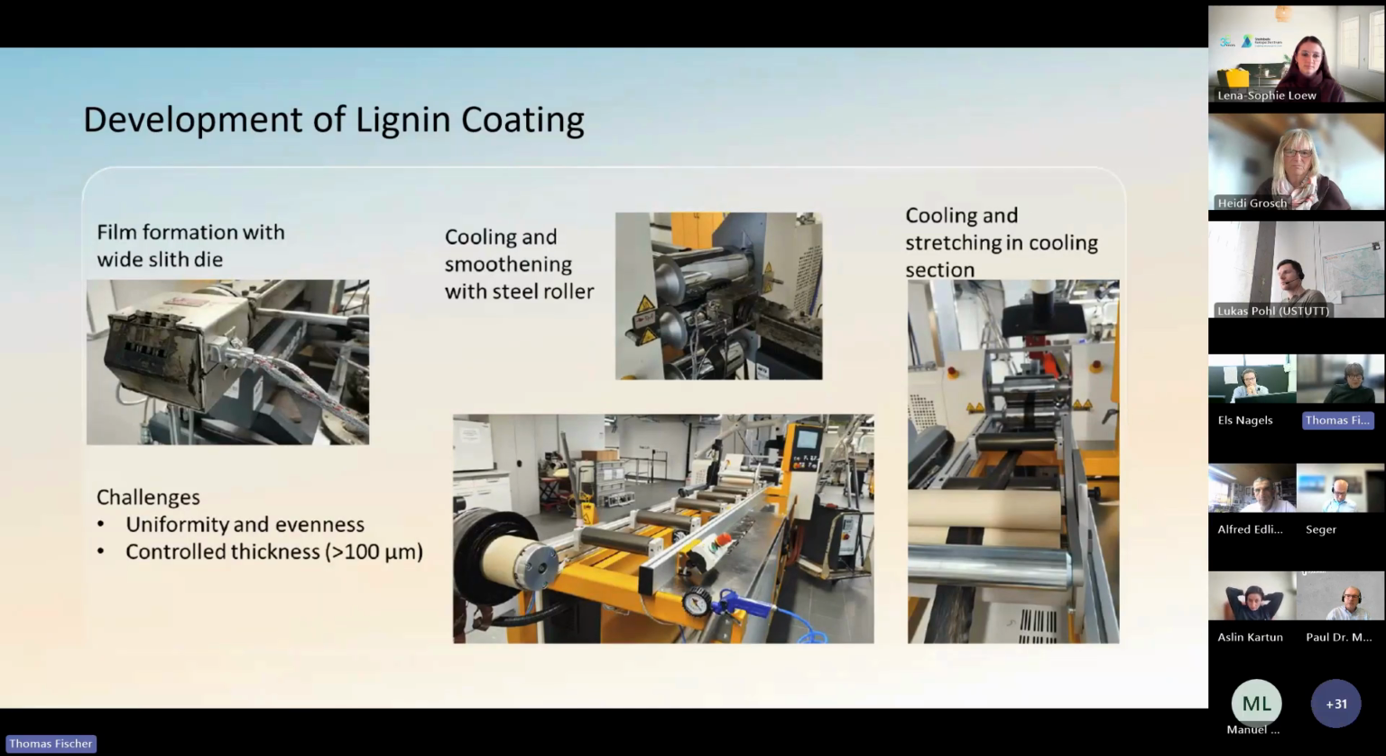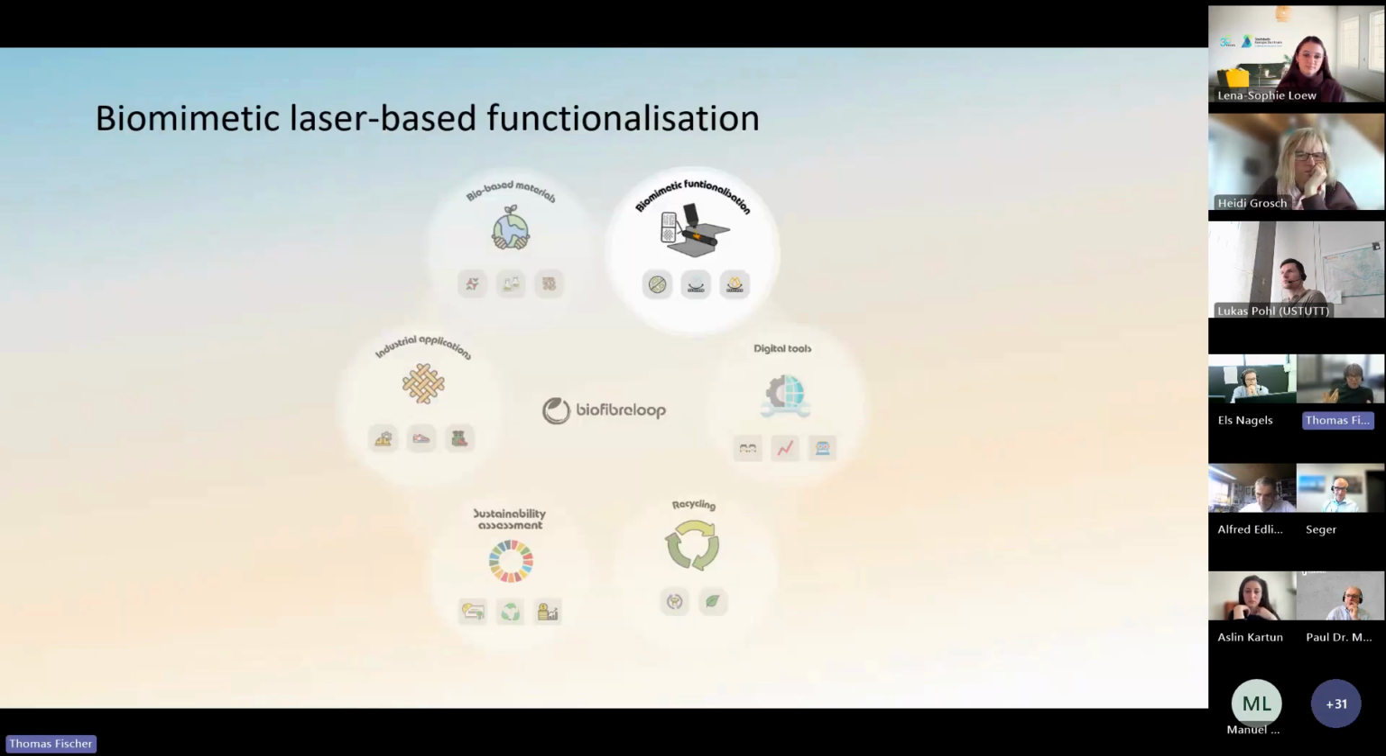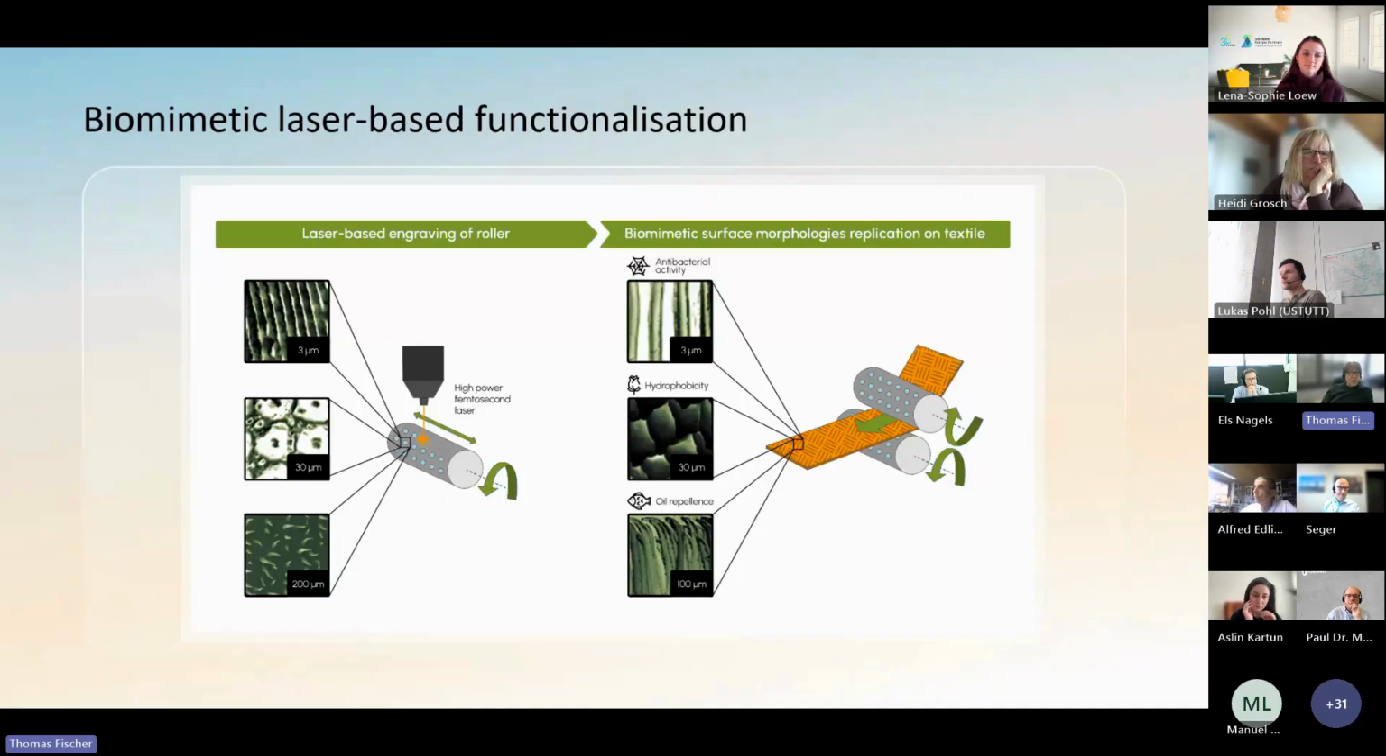So this is process development, and this is interesting. And this is something you will also see later in the digital twin. And now comes the interesting part, the biomimetic functionalization, because the lignin coating itself is not as water repellent as the PFAS. But now we add a trick. Now we emboss a mechanical structure like a stamp in this lignin coating, and this structure you can see here